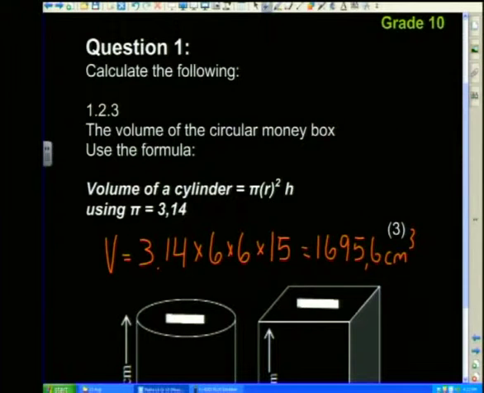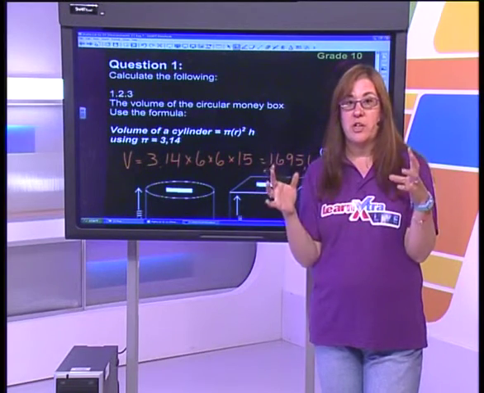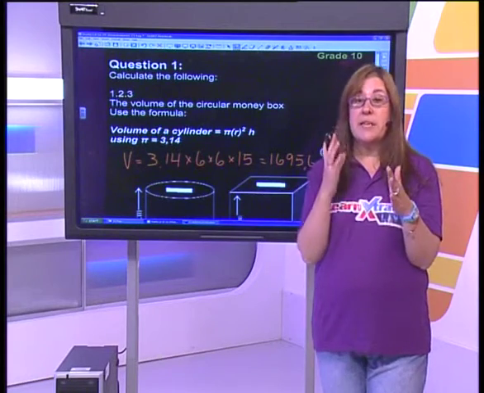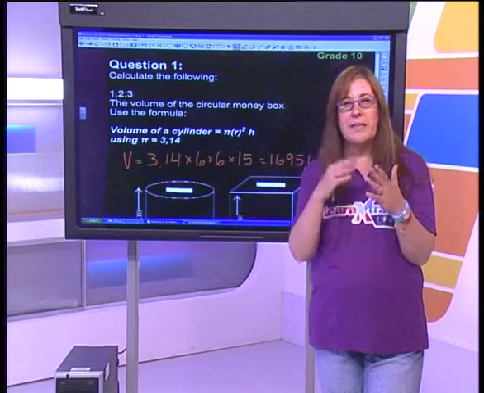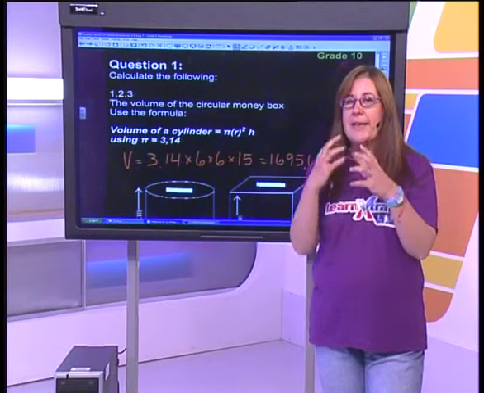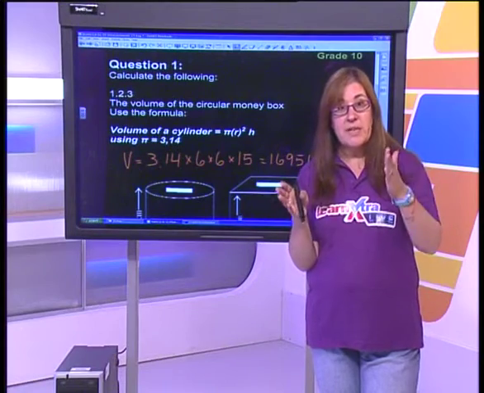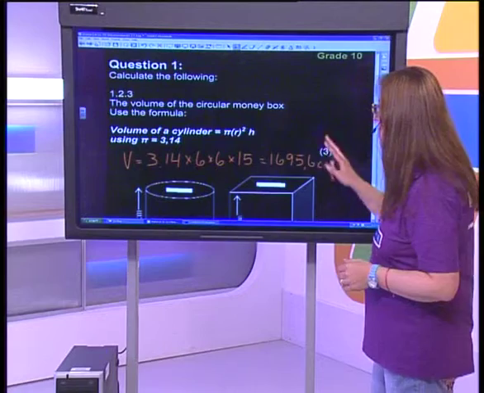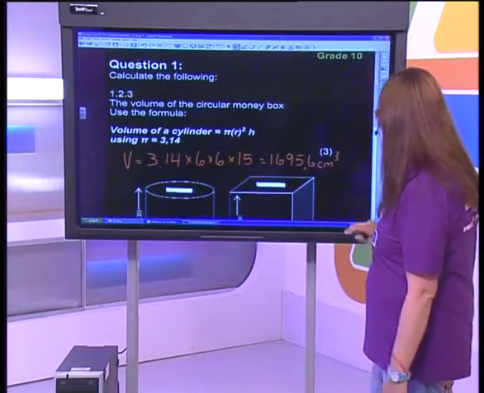You guys have noticed, and I think I did mention it last time, I leave out my units while I'm actually doing the calculation. I just find that sometimes they confuse me. And what happens is I know that some of my grade 10s in class actually find that if they've got like a meter squared, then they think, no, they must square the number. And it sometimes can get a little bit confusing. So leave them out. They're just numbers until the very last step, and then add your units at the end. So if we've done that, we've calculated the volume of the cylindrical box.